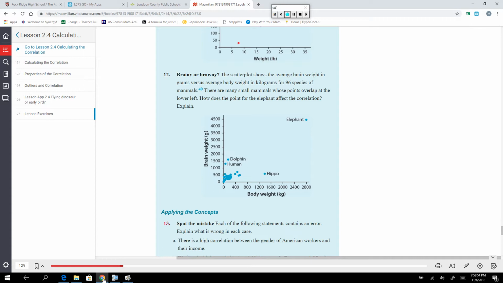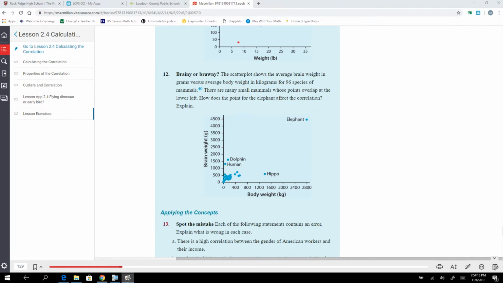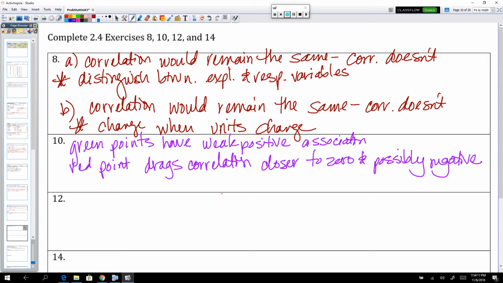Hopefully you came to the conclusion that the other points do show a positive association, and the elephant pulls the correlation more positive and closer to 1. It just really strengthens this relationship. Kind of gives it a place to go, right? Instead of hovering back and forth across a potential line of best fit, this elephant drags it more positive. So the other points show positive association,